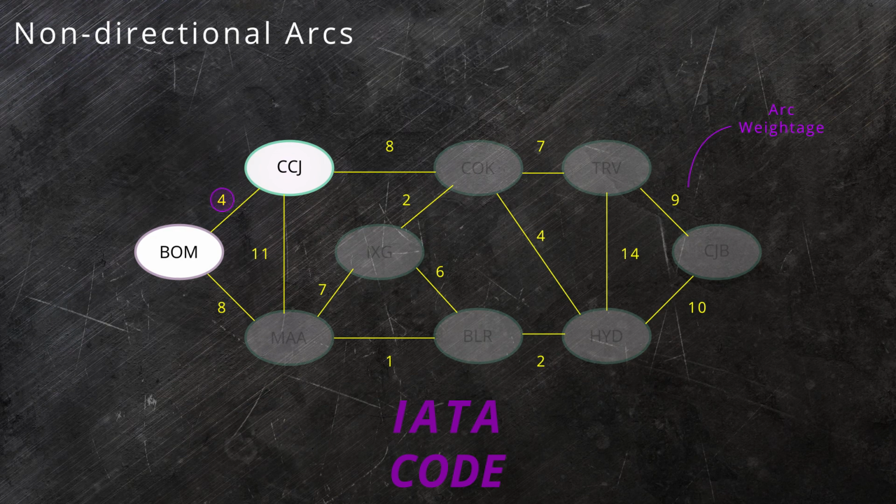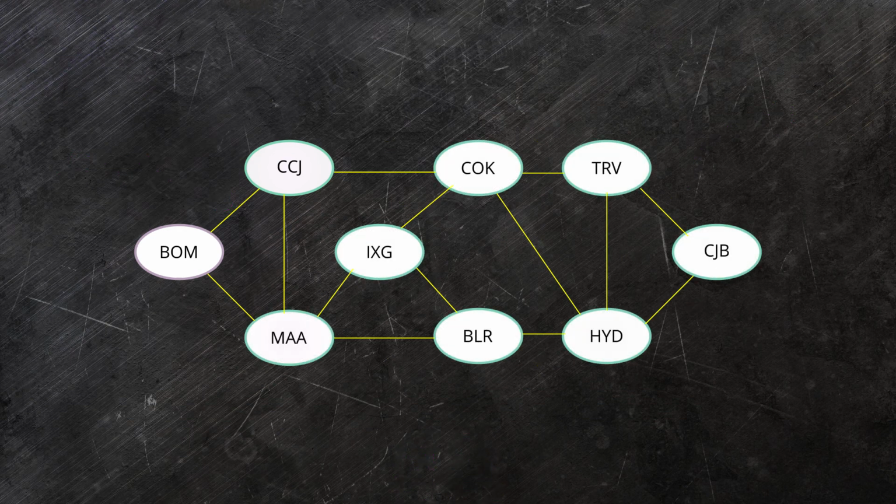That means a maximum of 4 flights can be permitted in this route in a day, or it can be 4 units of weight that is being transferred from BOM to CCJ, or it can be 4 units of passengers. So 4 represents the flow that is being transported from one airport to the other airport. It depends upon what we are trying to estimate between these airports. It can also be the distance, or it can also be the time. So let us start how to solve this network.